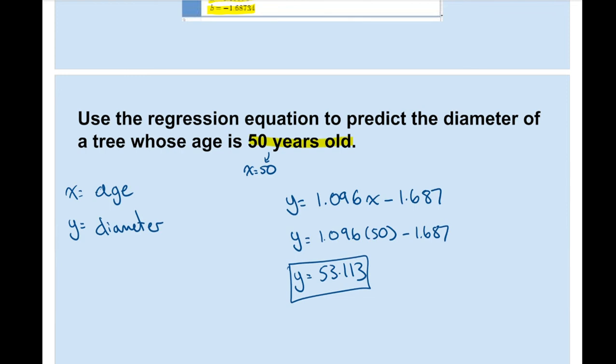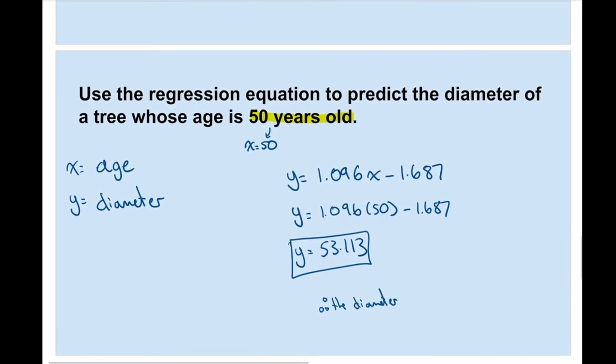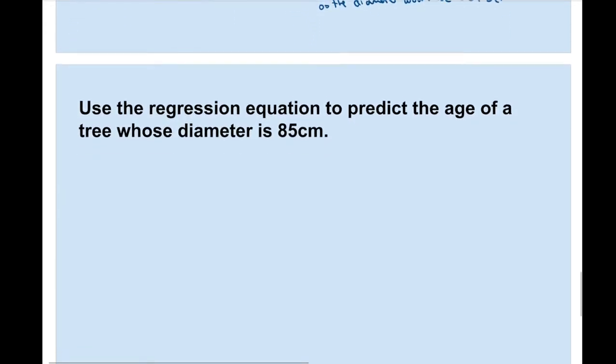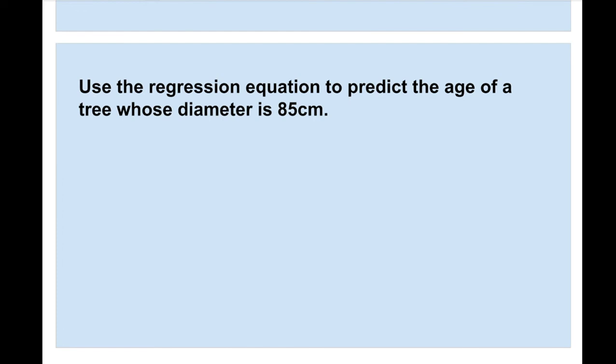So therefore, we'd say the diameter would be 53.113 centimeters. Now that's one way we can use the equation. We saw in the previous lesson that there is another way, by being given the other variable. So again, same idea: use the regression equation to predict the age of a tree whose diameter is 85. Remembering that x is the age, y is the diameter, and our equation was